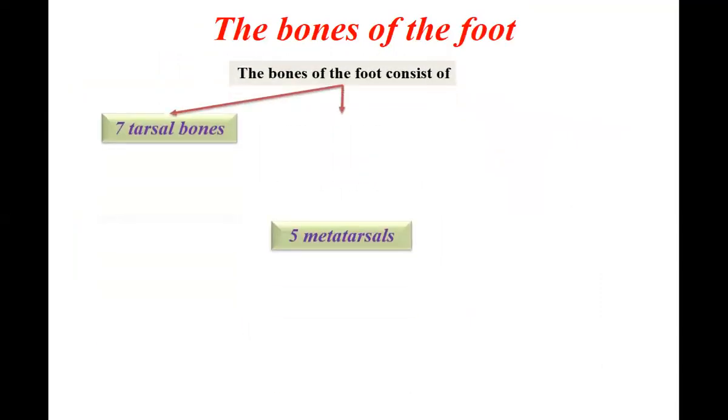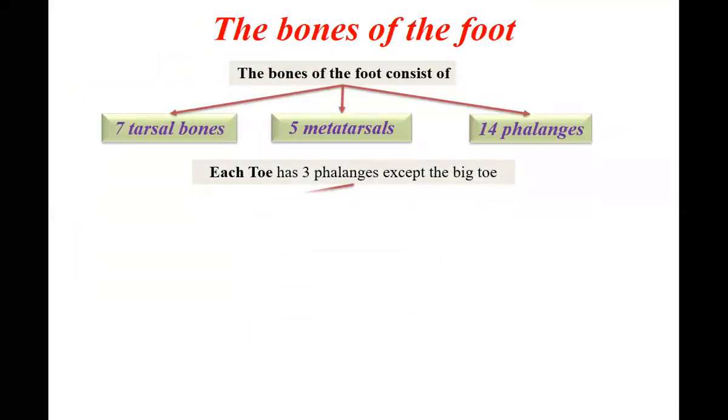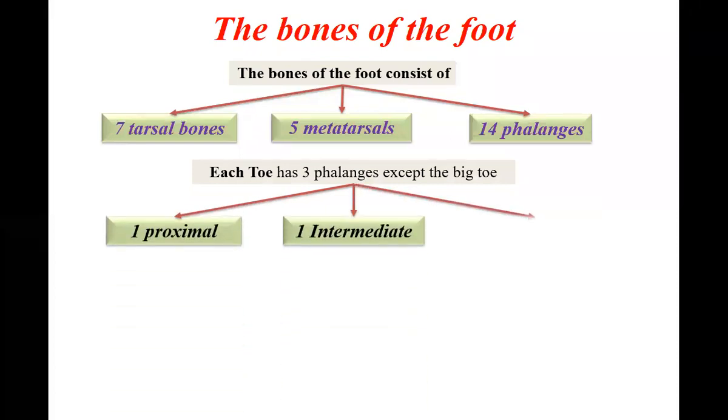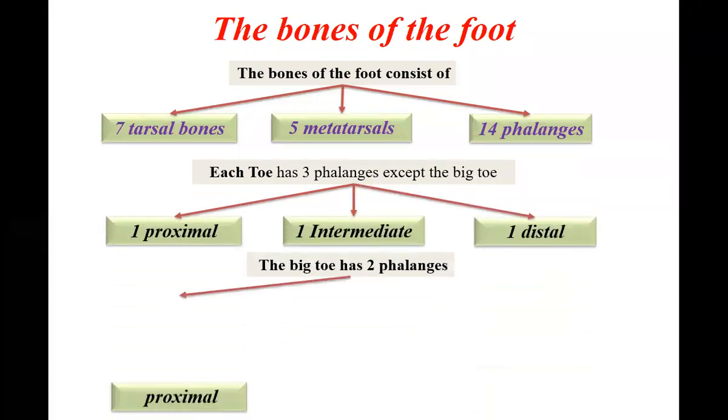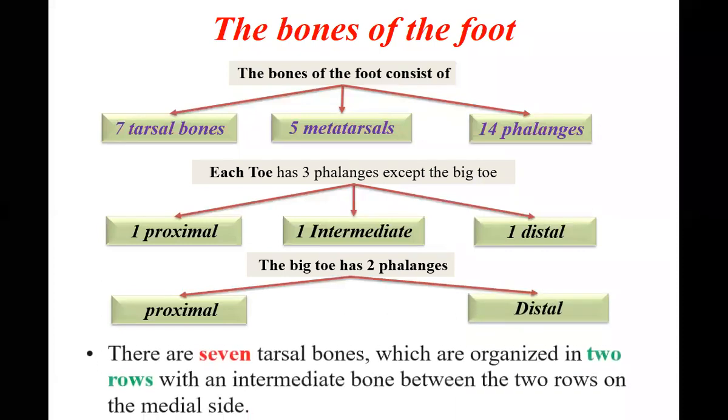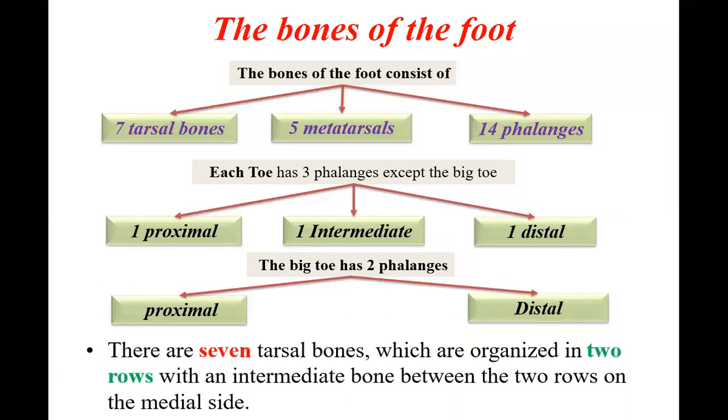Now coming to the bones of the foot. Just like we studied the bones of the hand, where we had many bones, similarly here in the case of the foot, we have a similar kind of bones. In the hand, we had eight carpal bones. Here we have seven tarsal bones. Instead of carpal, here in the foot, they are called tarsal. So there they are eight, but here they are one less. This is called the tarsal bone.